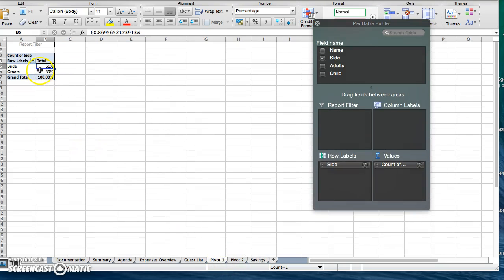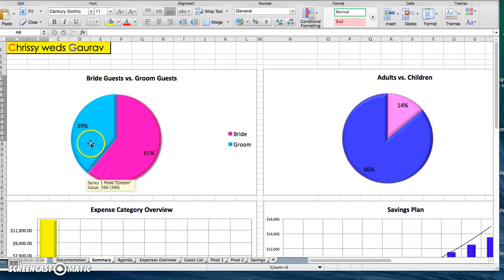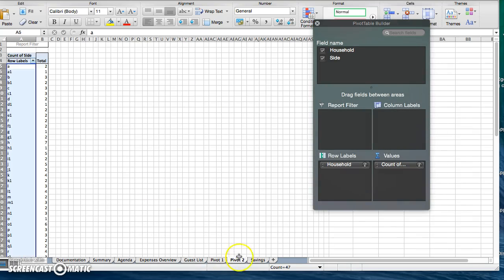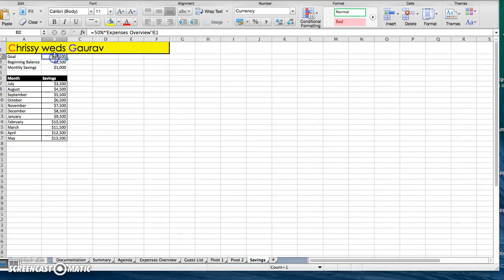This other pivot chart is where I derived the bride versus groom pie chart. So I took the information from here and created here. I did this just in case it made sense for my share to be increased, maybe 61% instead of 39%, and in which case I could add 61 here